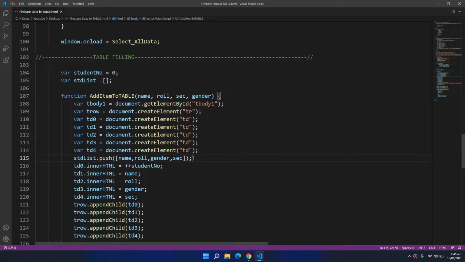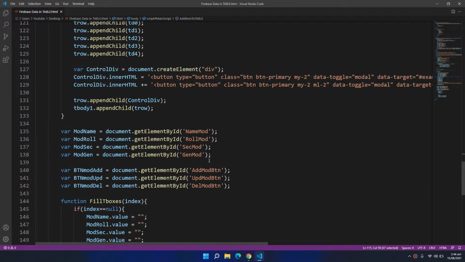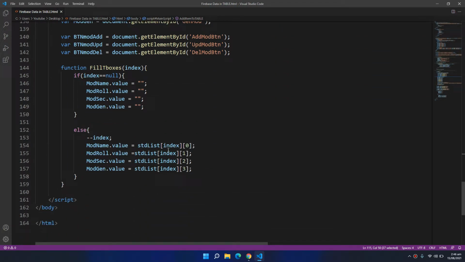I am storing the record of a student inside this student list, and each time a new student is added to the table, it is also added to this student list array. So I have all the records in my array, and with the help of indexes I am accessing that record. This index is basically referring to the record number.